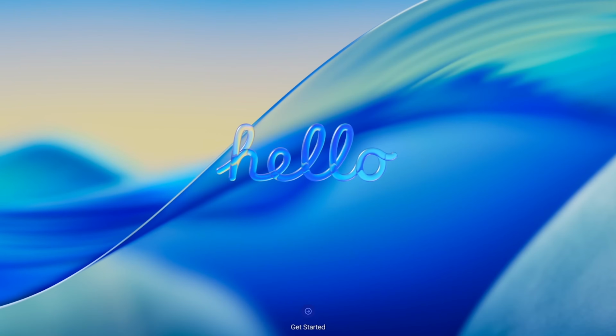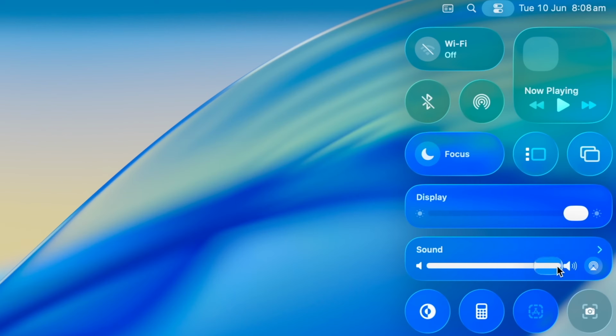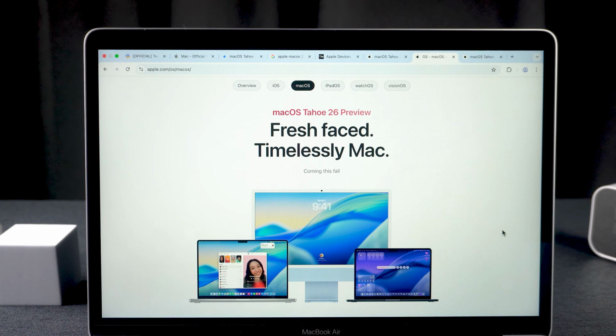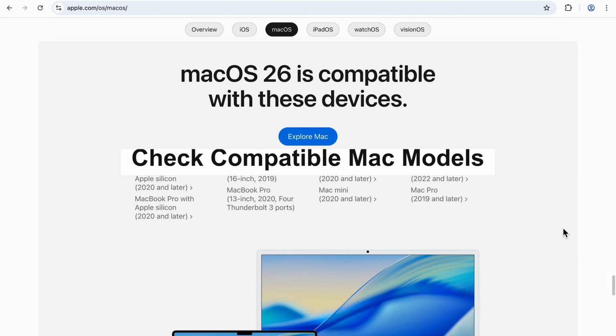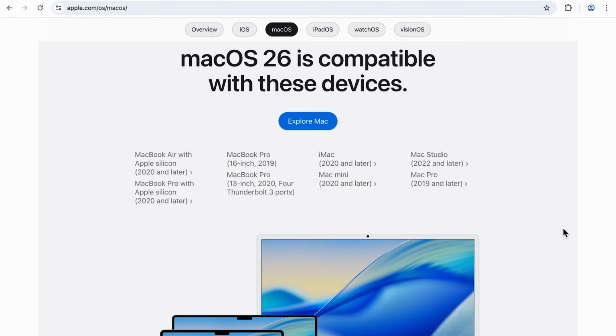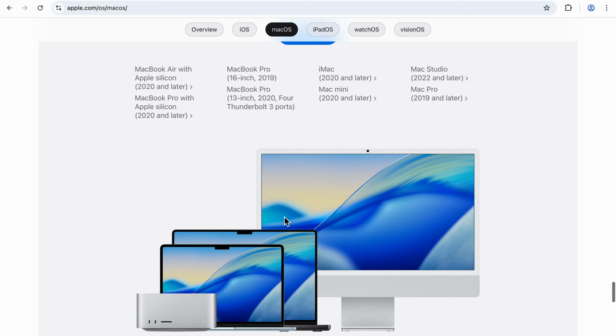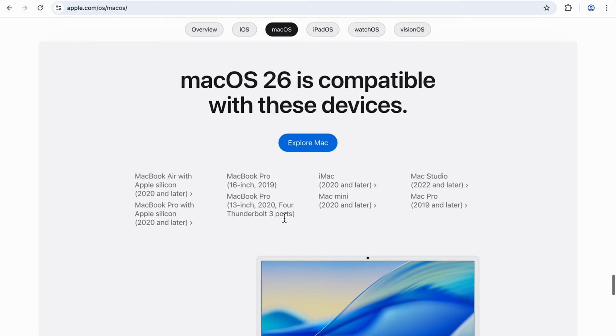macOS Tahoe 26 is finally here, and now you can try it first with the developer beta. In today's video, I'll show you how to upgrade quickly and safely, no fluff, just what you need to know. Firstly, you need to check if your Mac is compatible with macOS Tahoe 26. Refer to this compatibility list I found on Apple's official website,